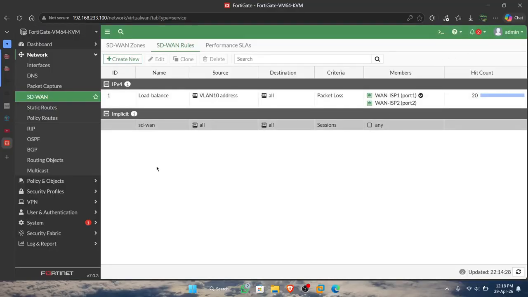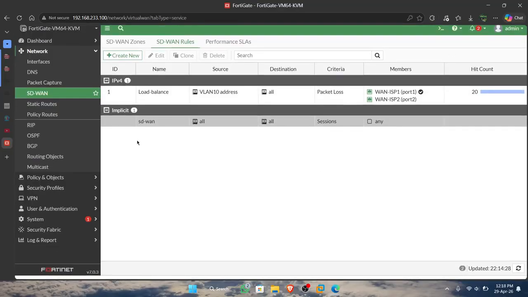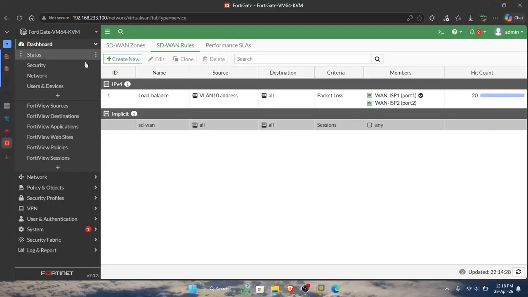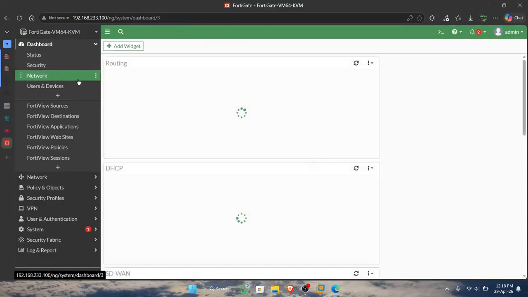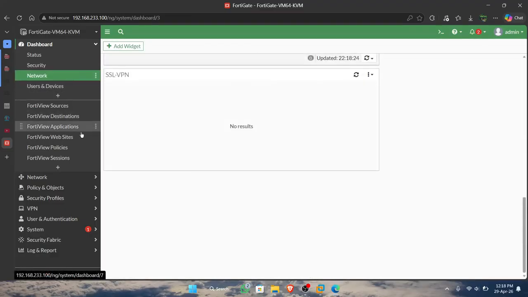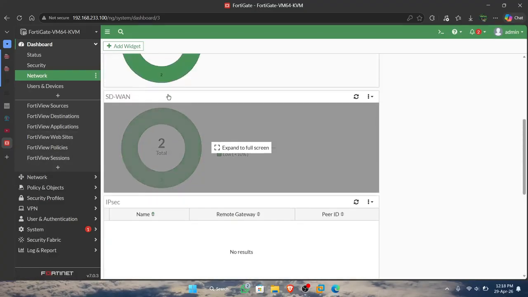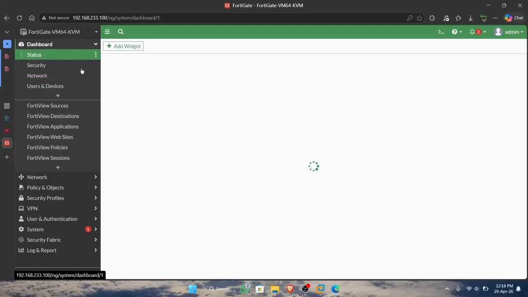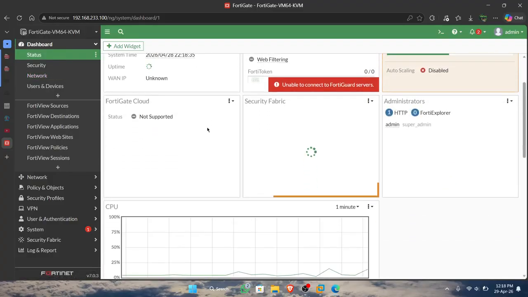Okay, this is the configuration for the load balance. We can check it from the dashboard network, where you can track the status in SD1.